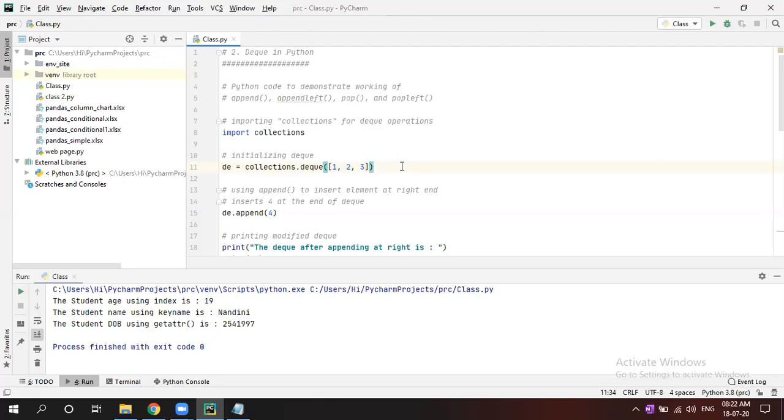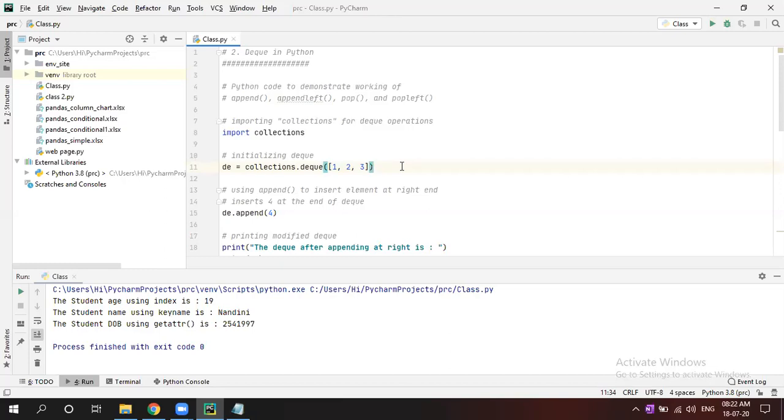Now deque means a queue 1, 2, 3. You can append, or delete, or whatever you want to do. You can do that in the normal way, right? So using deque also you can do it.